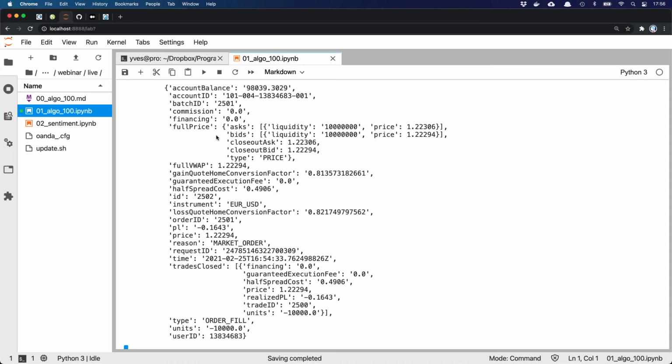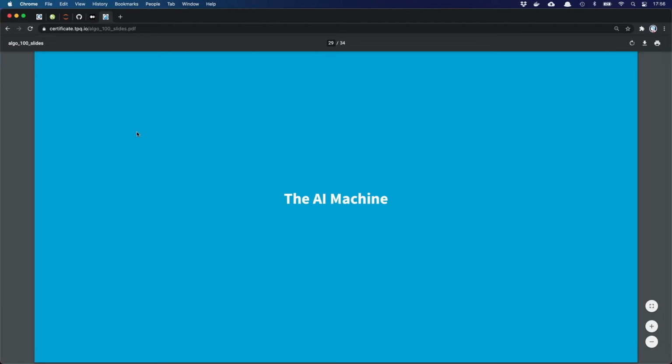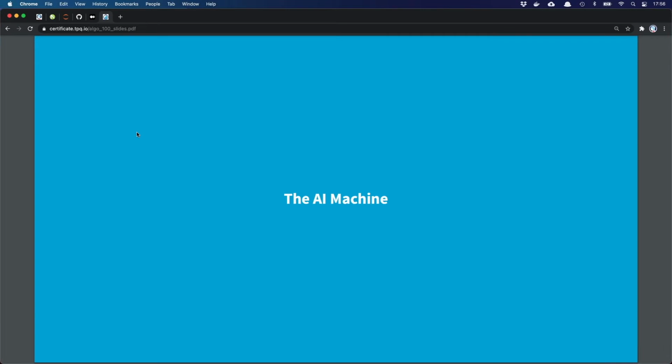But overall, such an indicator can be used pretty well in a proper context. And the proper context is what I wanted to show you at the very end, where it says the AI machine. We now have the code. If you set up your paper trading account and install TPQOA, you should be able to follow along and execute the code within, say, half an hour. It should be easy, but of course, when you want to do this on a more professional level, and this is how I understood the question, would you put your own money behind it?